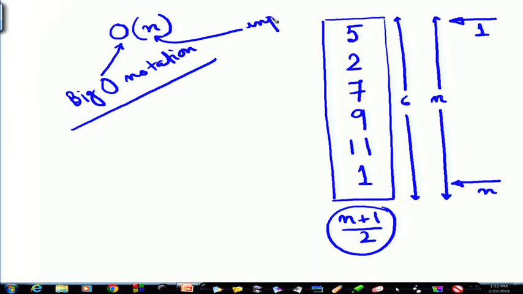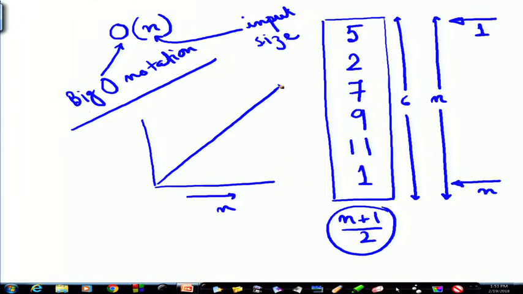This is the size of the input data, we call it input size. Obviously, as this list increases, if it becomes 100, then the average time taken, this is the average complexity, will be more than this. If it becomes 1000, it will be even more, and as n increases, the time will increase in a linear fashion.